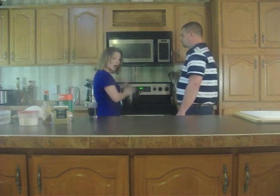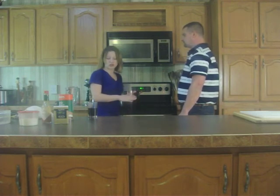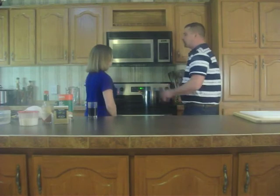So you want your lid on to keep the moisture in, to let the beans soak up all that good flavor you have in there with your ham hocks and your sausage that just got fried up and all of your vegetables and seasoning. Is there any hints you can give the audience as far as what should you be checking for? I come back and I check around every 15 minutes, give them a good toss, good stir, and you want to look for